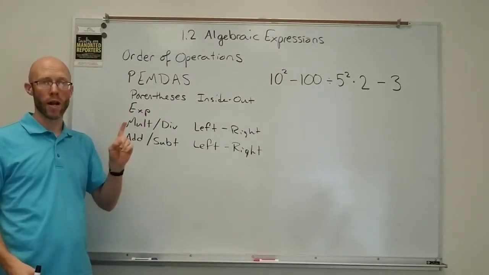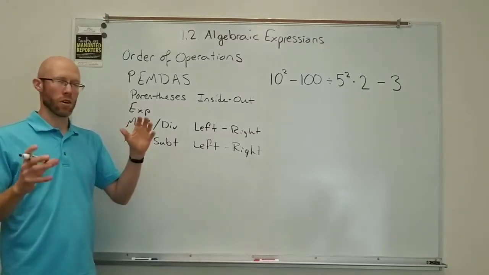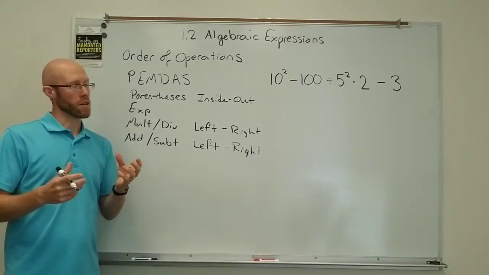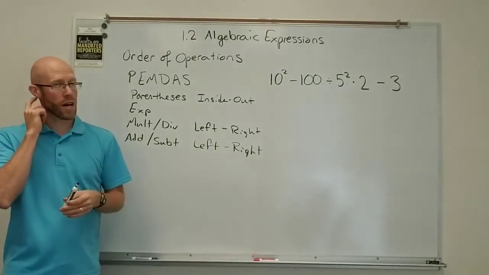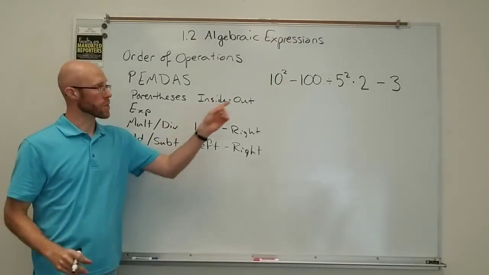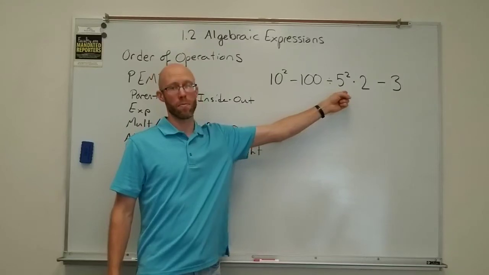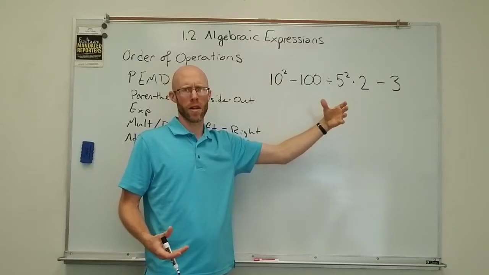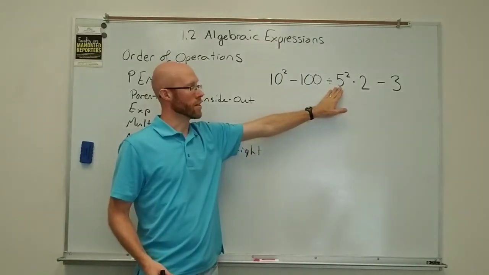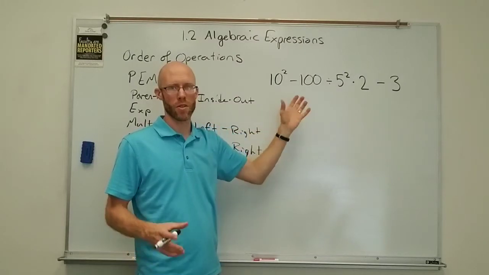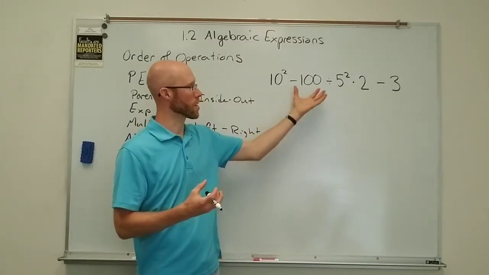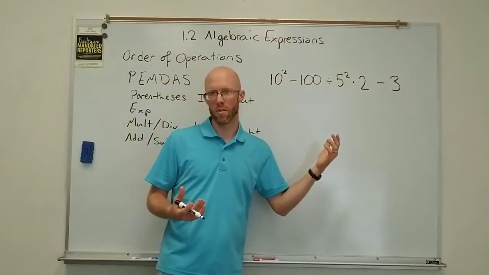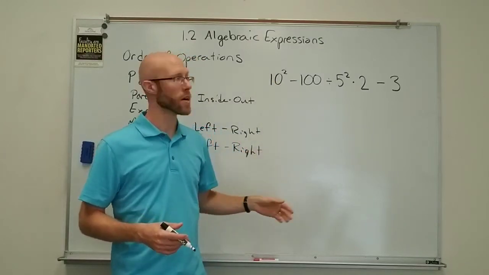Technically we should do one operation at a time. If I start combining operations or doing two at a time, I can make some pretty significant mistakes. There are times where it's okay to do that. In this particular example, there's two exponents. Technically, I should work them left to right also, or inside out, depending upon how they're layered. But in this case, you could actually do them at the same time because they don't interact with each other. Okay, they're separated by other operations. Again, here it's okay, but it's not always safe to do that. So I'm going to go ahead and do this one step at a time